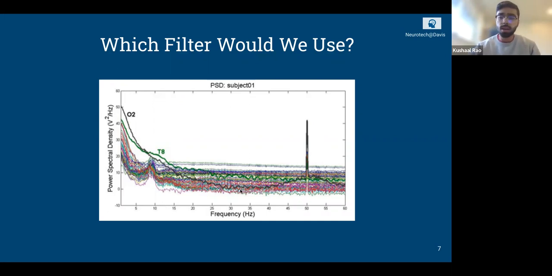So we have a peak in the 7 to 13 hertz range, and we have a giant peak in power at 50 hertz. And this peak right here is way higher than everything else, which usually, when you see something like this in the data set, is a sign that it's something unusual. In fact, this particular peak at 50 hertz is indicative of the recording equipment in the